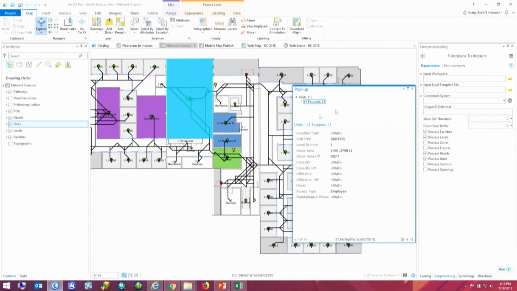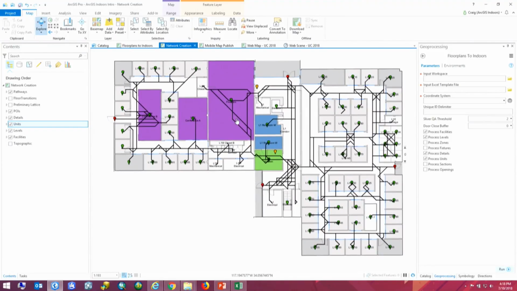But the main benefit here is that we don't need to do this manually. It's created a network dataset for us. We don't see this maze of network lines. All we see is the output path that the route service is going to give us. And so it saves a lot of time.